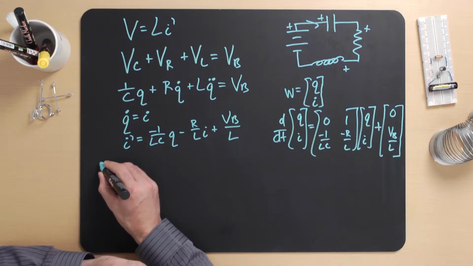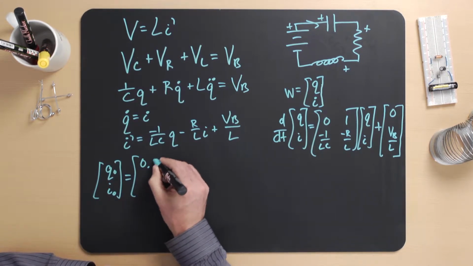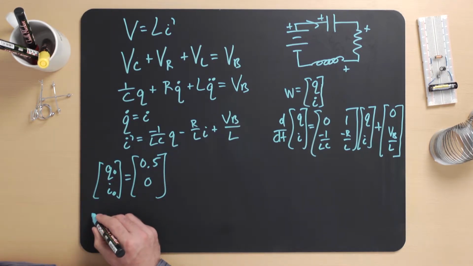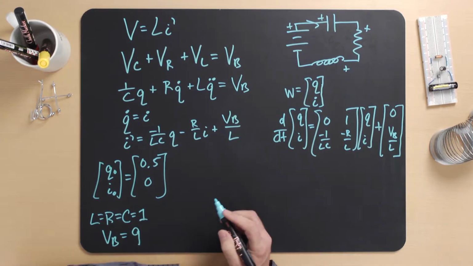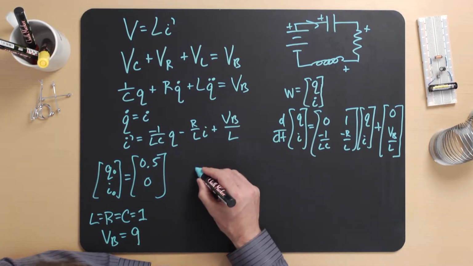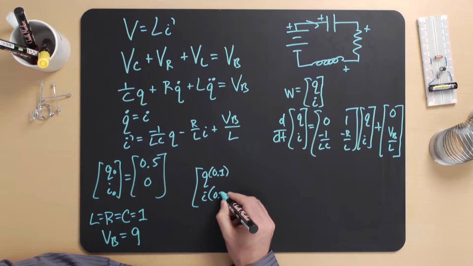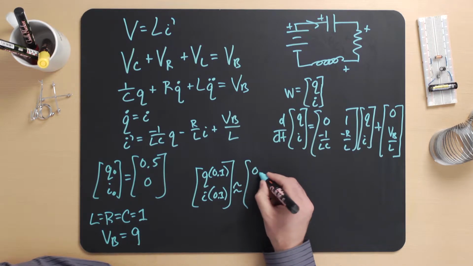This means I can use Euler integration from lecture 4 to compute a solution. For instance, if I choose the initial condition to be Q0, I0 equal to 0.5, 0, and if I choose the constants to be L equals R equals C equals 1, and maybe a voltage of a 9-volt battery, then I get that Q at time 0.1 and I at time 0.1 are approximately equal to the initial condition, which is 0.5, 0,